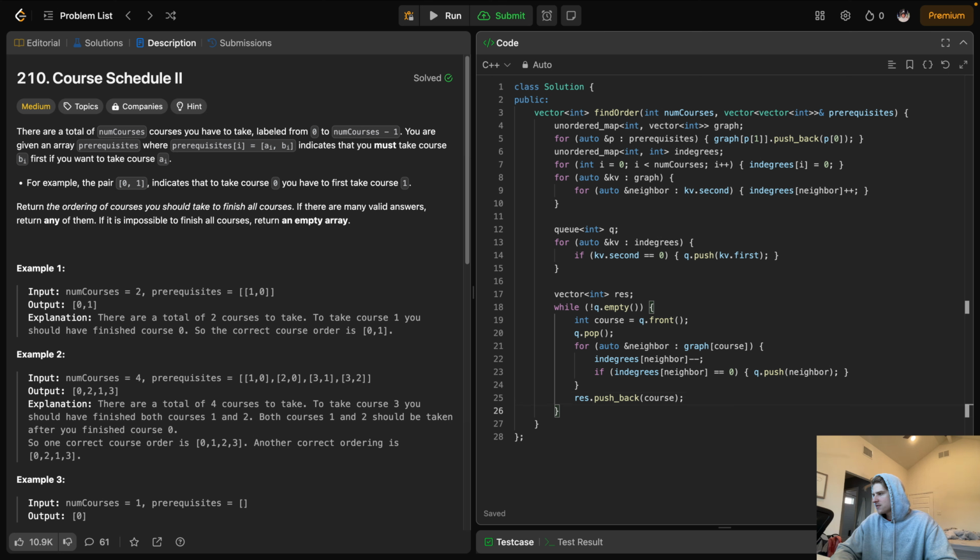So after that, we just need to check if we successfully added each one of those courses to our result. Remember, if any of those integers are greater than 0, then there was a cycle, and in that case, remember, they just want an empty array. They don't want any solution, right? So we're going to return if res.size